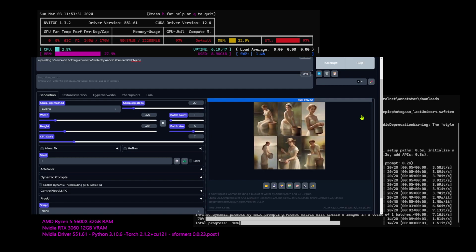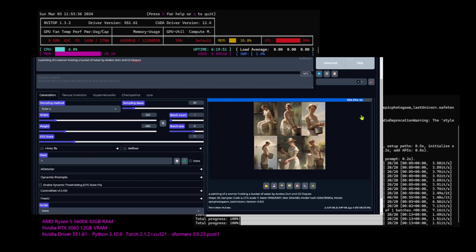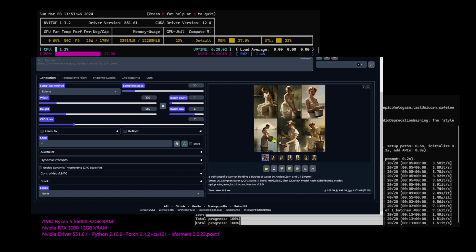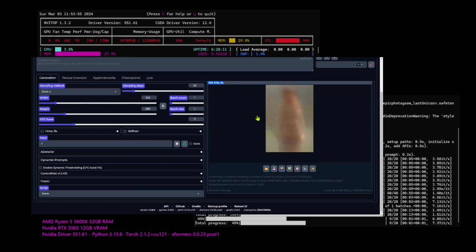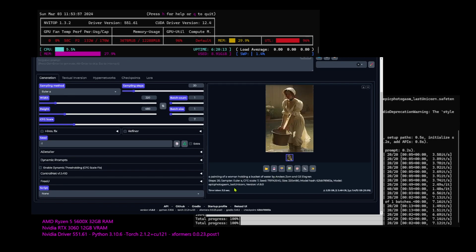And you'll notice when it drew that 320 by 480 image by itself, it was getting 7 iterations per second. When it drew all 6 of them at once, it was getting 1.5 iterations per second. So that took 14.2 seconds to draw 6 images. Now you might be wondering, that's interesting because it took you 3 seconds to draw 1 image. Why did it only take less than 15 seconds to draw 6 images? That's because